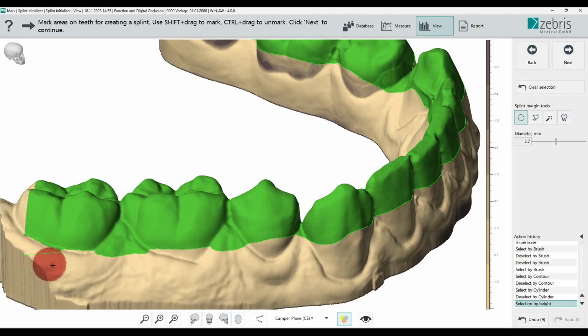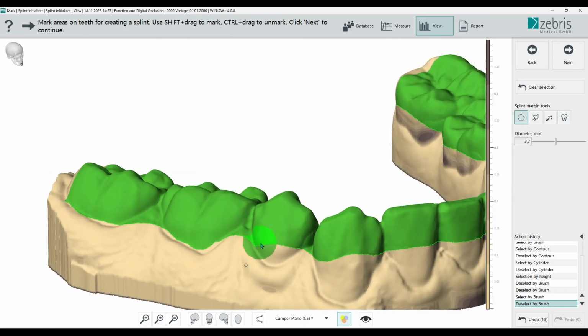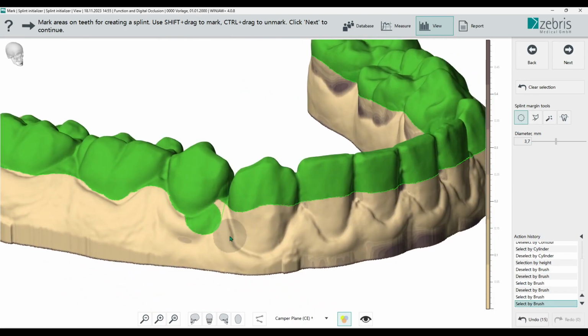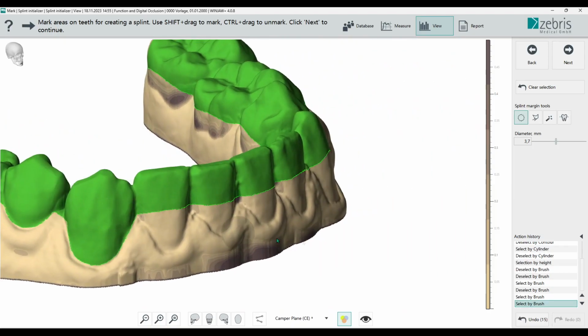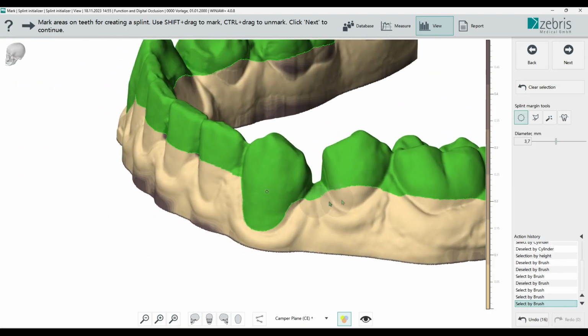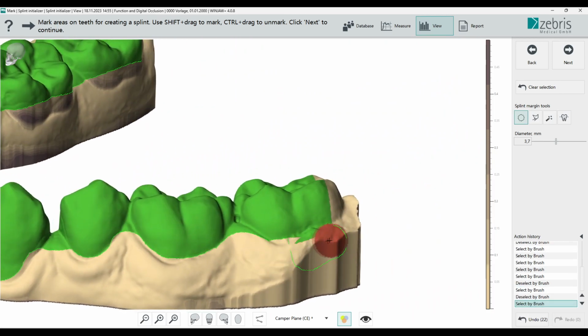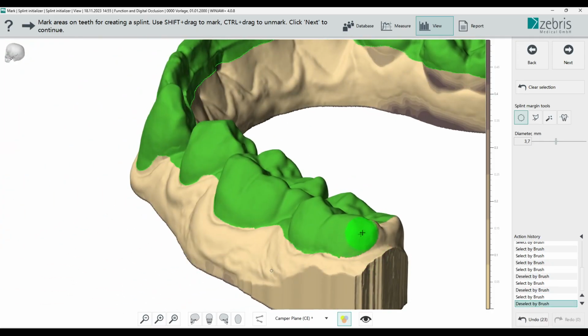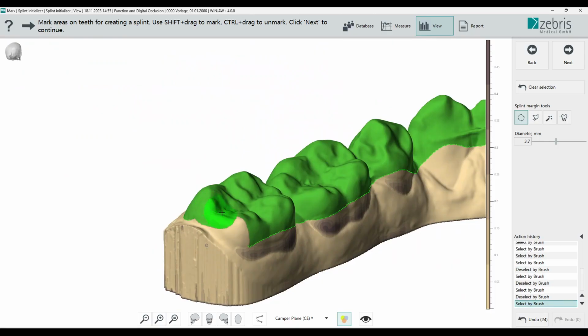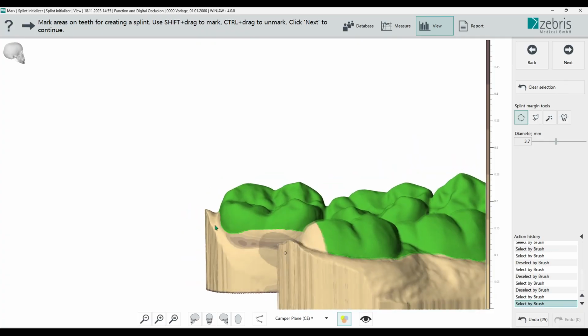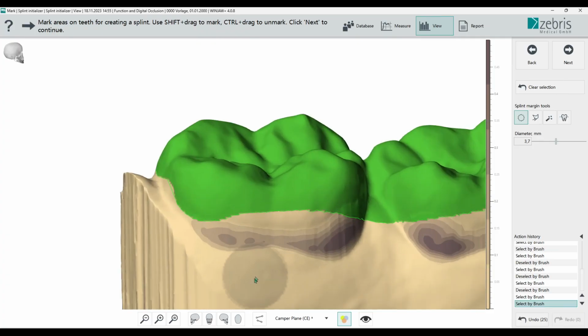Now I will make a splint outline with the brush tool. When we are done on the outside, we can go to the inside.